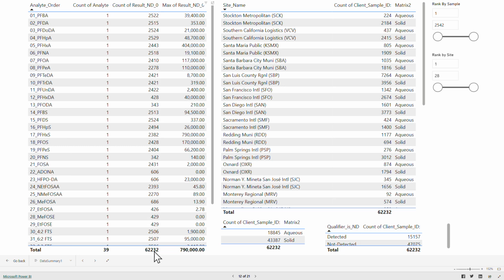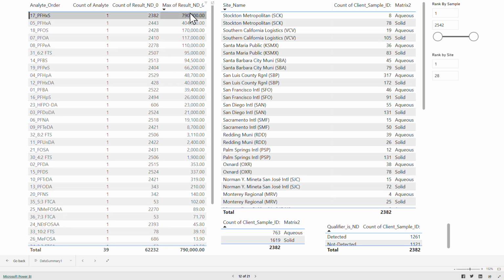62,232 rows of data. At a minimum, each row represents a unique site, sample name, analyte, collection date, matrix, and reporting unit. As shown on the sliders, the 62,232 data rows relate to 2,542 individual samples. The tables further show that the highest concentration of all analytes is PFAS at 790,000 nanograms per